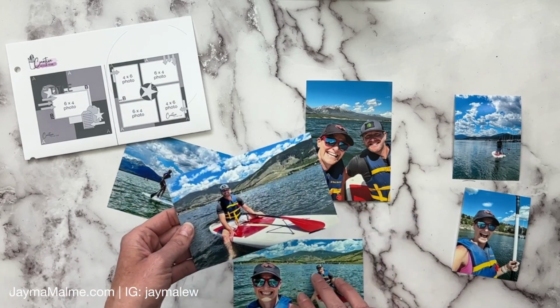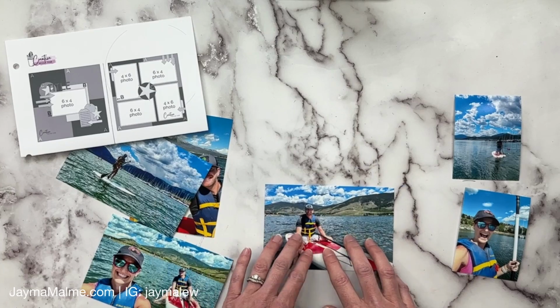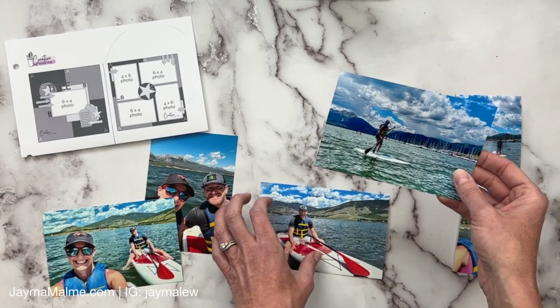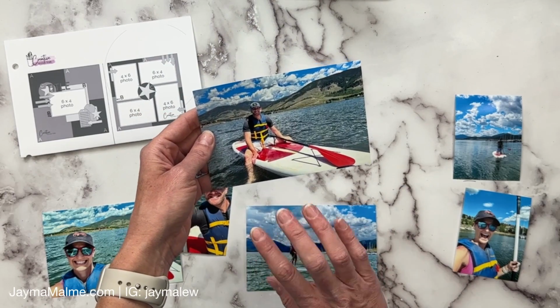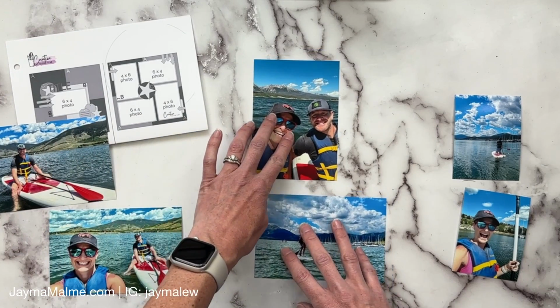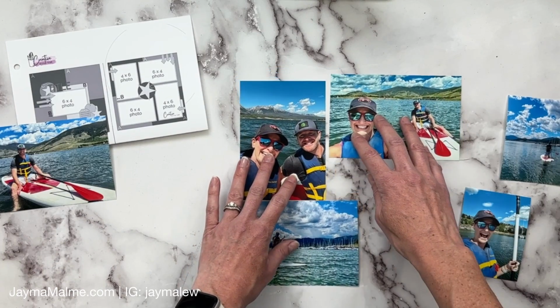So for example, this one, he's kind of pointed that way, so I would want that to be down here. And then this one, let's see, this one I'm pointed that way, and I want this one to be more of a feature photo, I think, because it's bigger and more close up. So I'm actually going to put this one here, and this one might be one that's over on this side. And so if I arrange these in the same manner